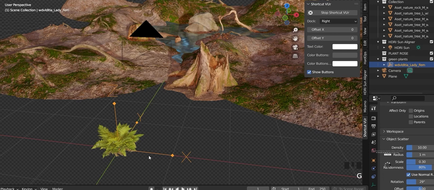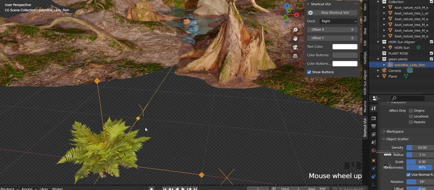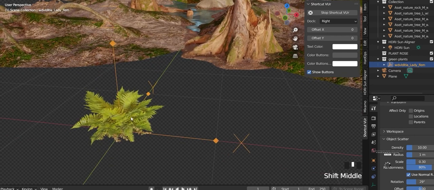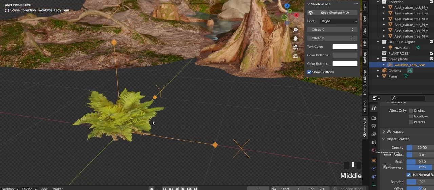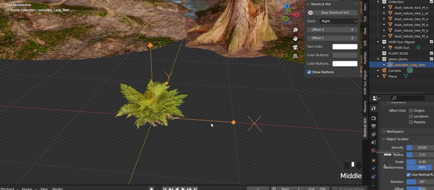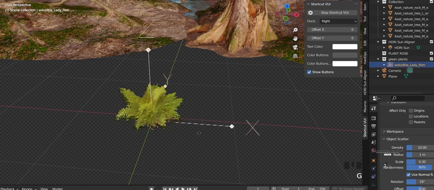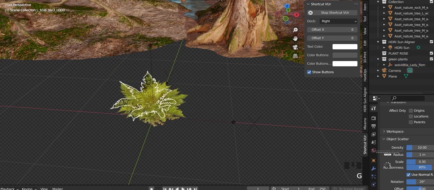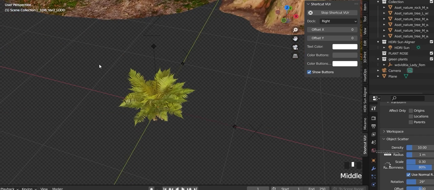If you don't know what scale is, we will have beginner classes soon. So this is a parent, and all of these are children. If the parent moves, the children will move, but if a child moves, the parent will not move. Hope that makes sense. So if we select all of these objects and we want to unparent them,